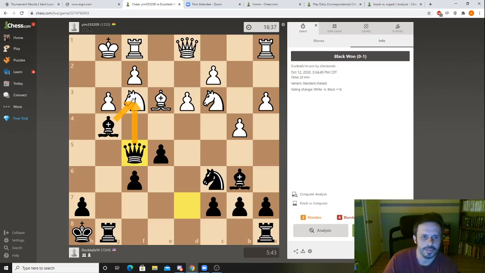Double attacking the knight. And here I thought white should probably defend with the king and try to hold on for dear life. He's still losing, of course. He tries this move, which is not terrible. Black can win a pawn here. We can take, white will take, and then we get this pawn, and of course this is much better for black, but it's not quite necessary because